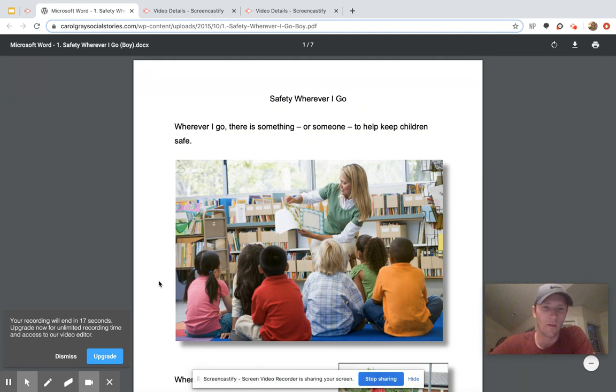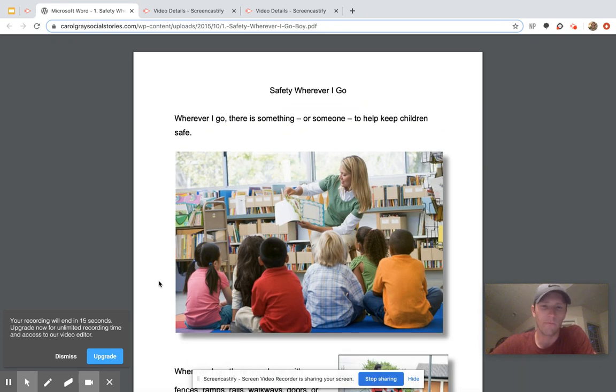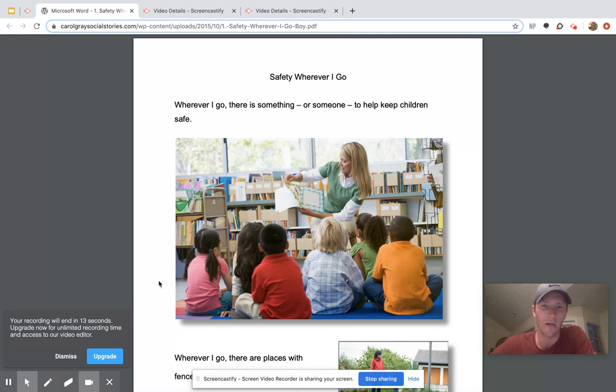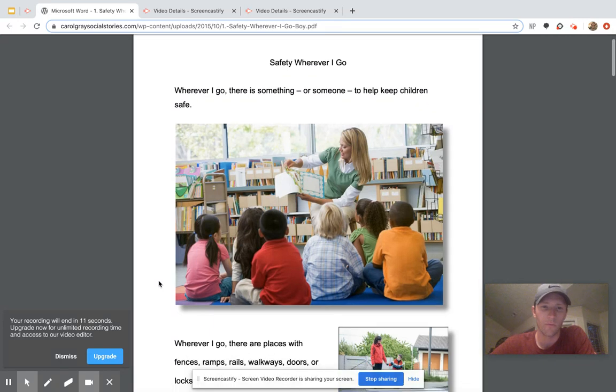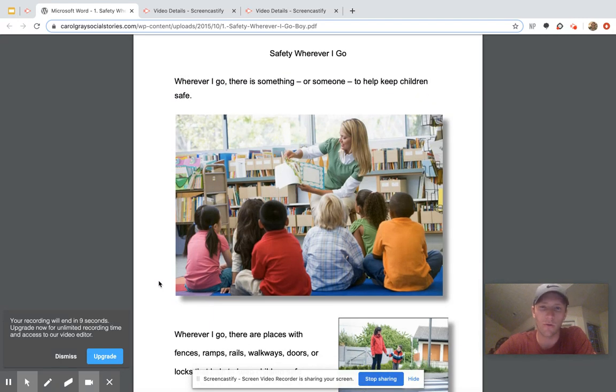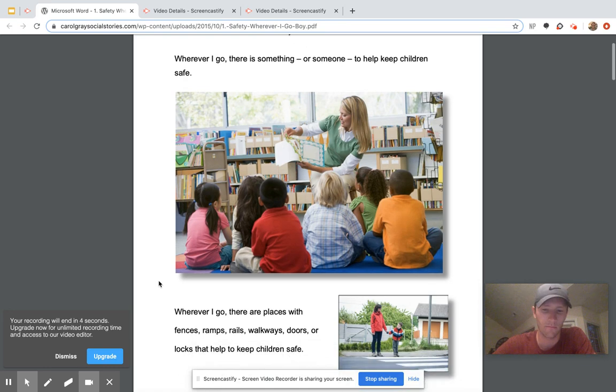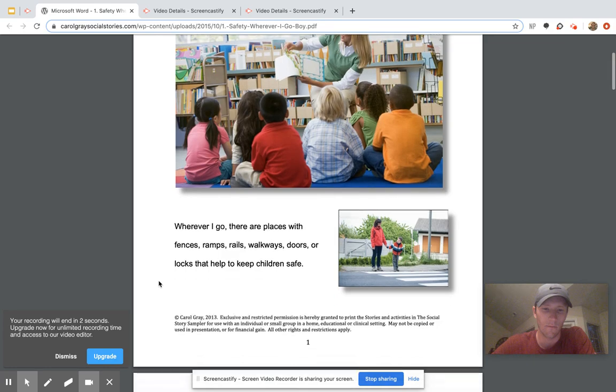Okay, so this is called Safety Wherever I Go. Wherever I go, there is something or someone to help keep children safe. Wherever I